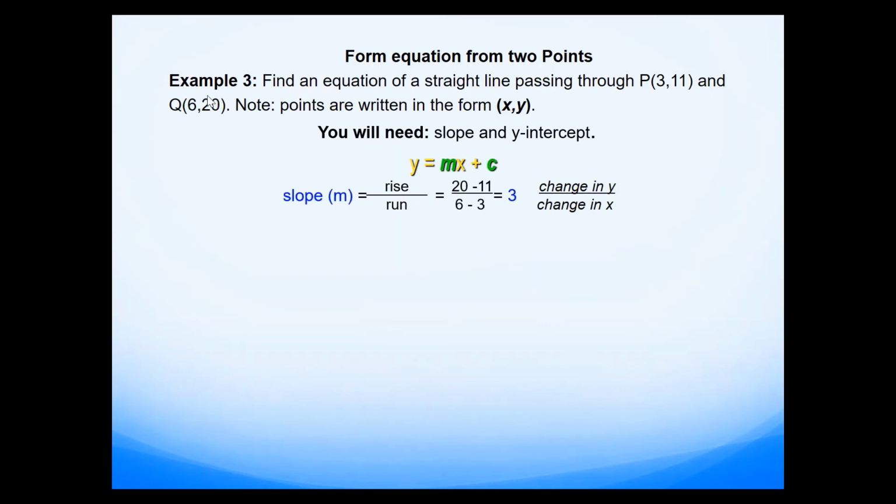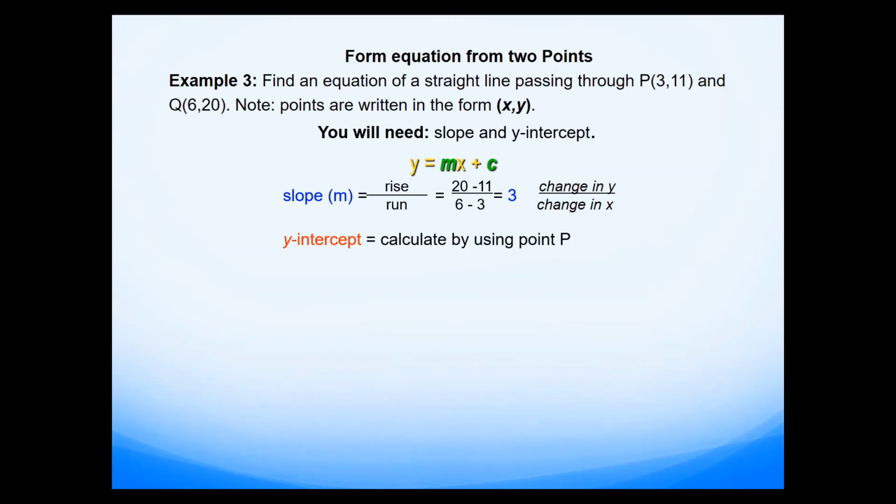Change in y value, so this is the y value of 20, so I've got 20, take away the y value for point P, which is 11, and then I will divide that by the change in x value. So change in x value is 6, take away 3. Then 20 take away 11 is 9, of course, and 9 divided by 3 is 3. So that's the value of the gradient. Now what we need is the value of the